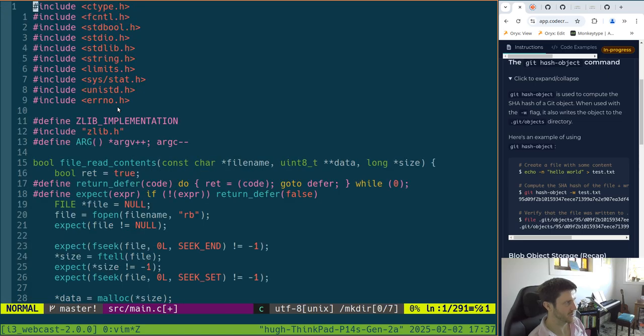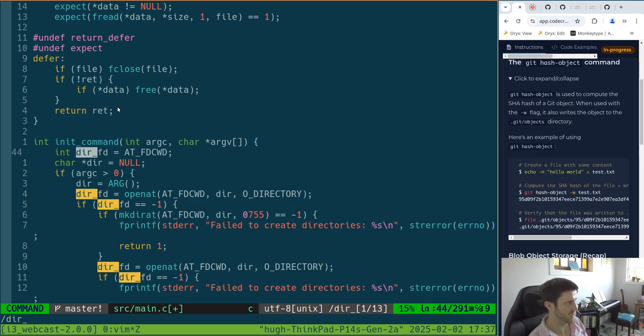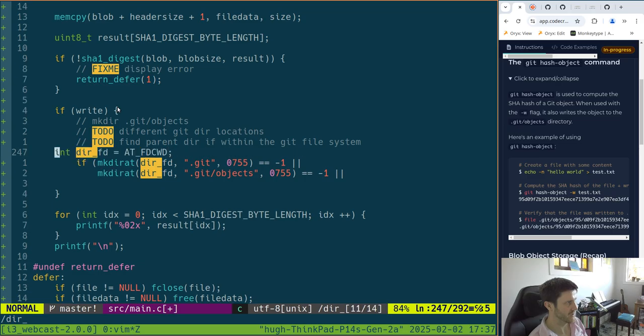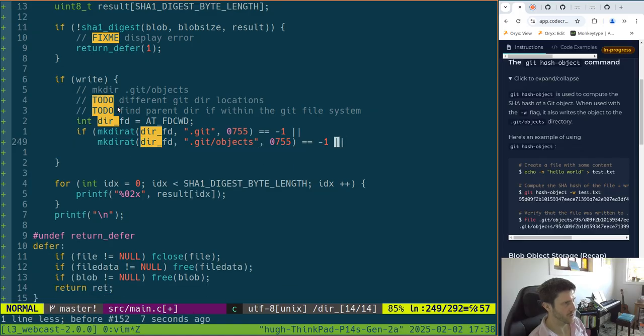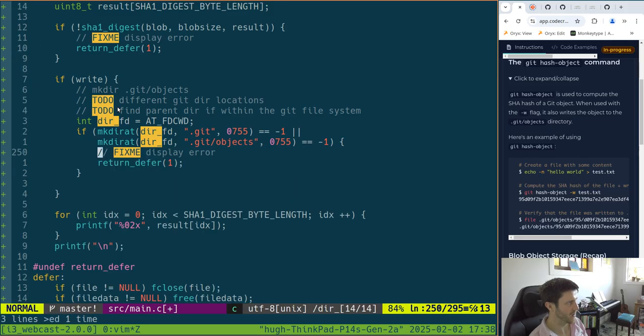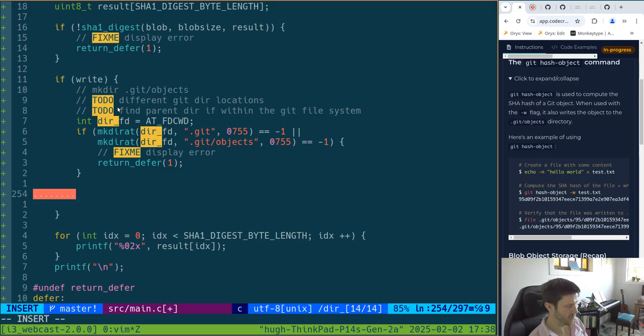kind of so this dir fd, yeah, oh yeah, that's what I wanted. So it starts there, so we make dir that, we make dir that, or make dir objects slash, we kind of want to at this point. So if we, these are all error cases, and at this point here we should be able to